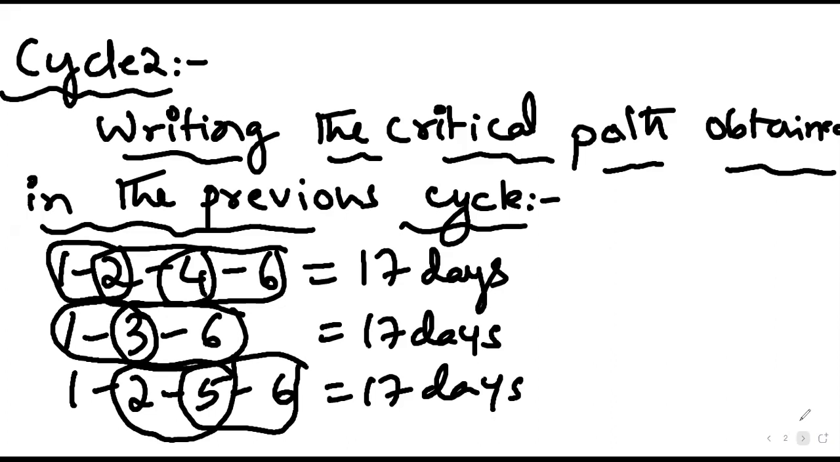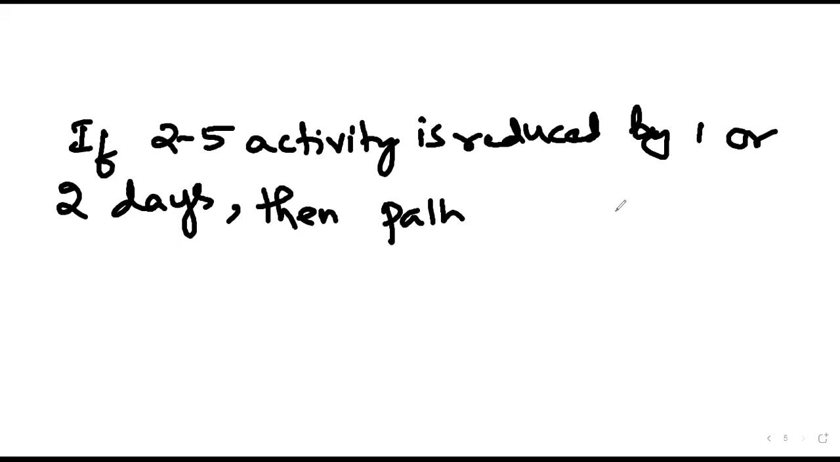Okay, so in case 2-5 is reduced by 2 days, 1-2-5-6 will become 20 minus 2, 15 days. This path will become